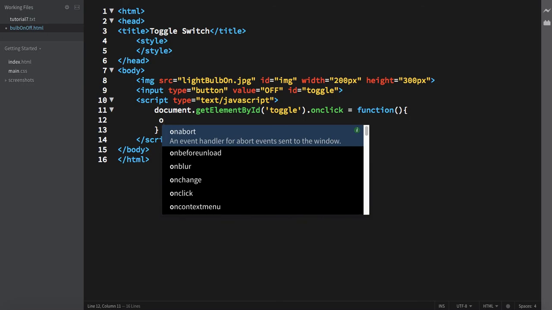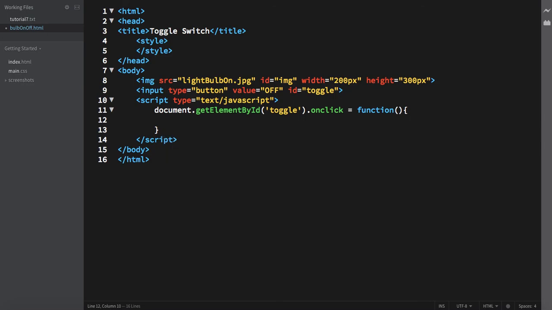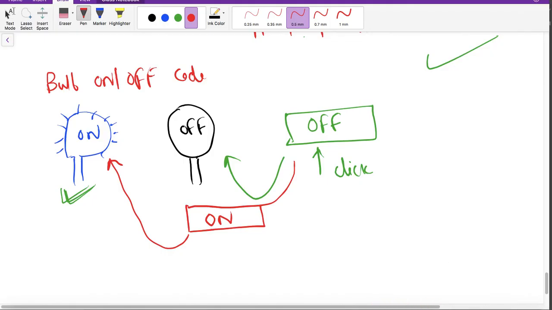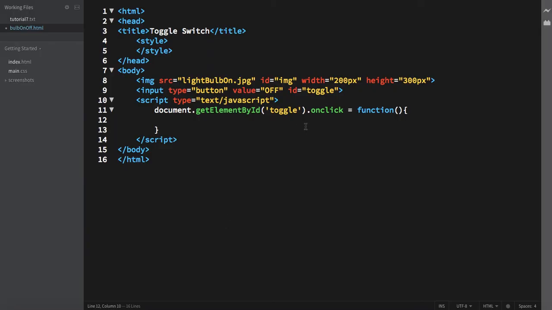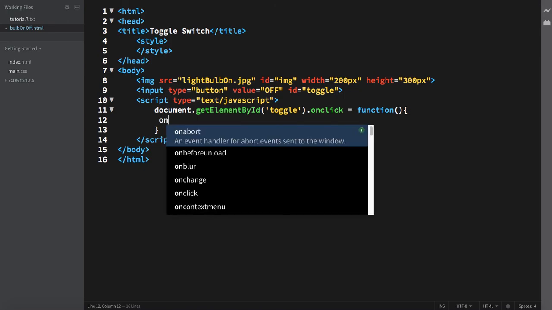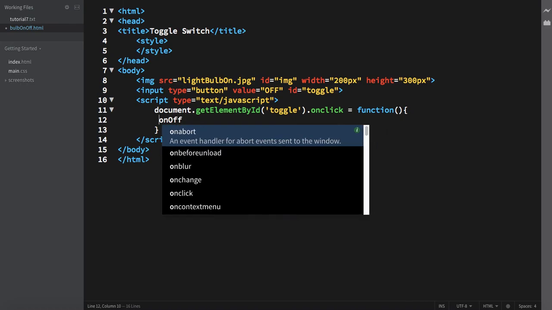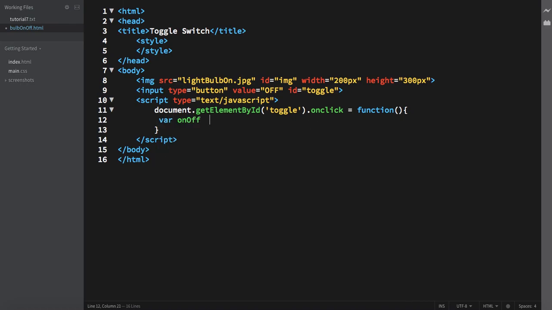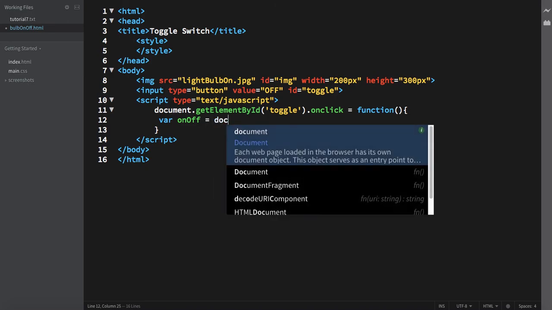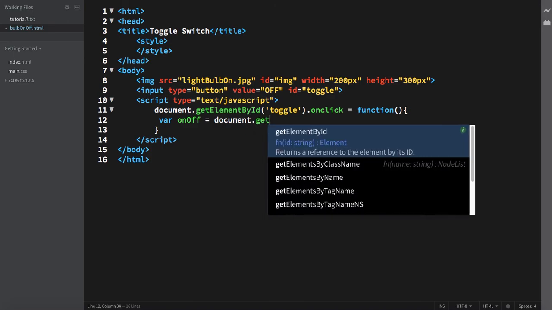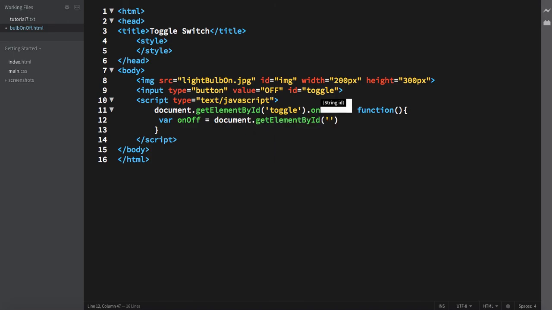So what we are going to do, we want to change something on the basis of this value, right? It's written off and it's on here. So we are deciding the changing of images on the basis of that value. So first take a variable like this, and take another element, get element by id, and that id is toggle